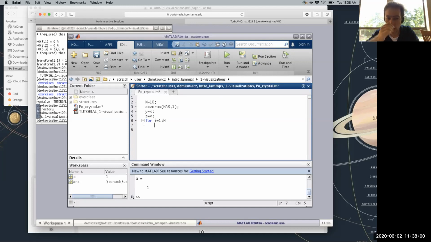And then if I go through this for loop, I can put in values for some of my positions, right? So I could basically scroll across the 10 simulation cells that I have in my crystal, and let's see if